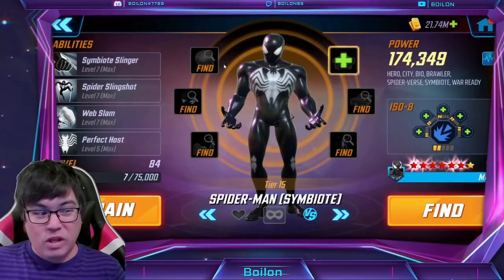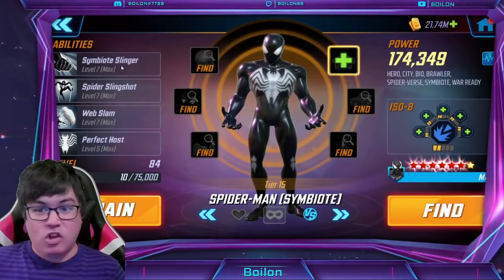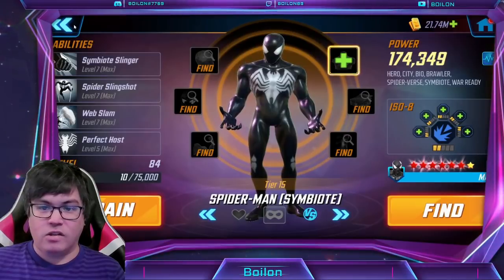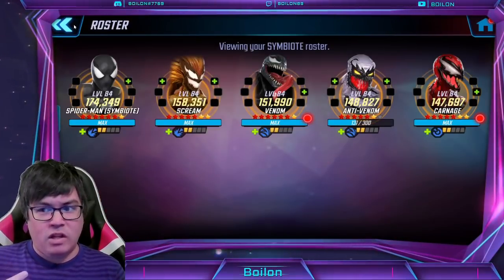And this is also really important for Doom Raid, because oftentimes you can time out. So you really need to maximize your damage. And the basic, of course, gives a defense down for 2 turns to secondary targets. So again, all of these things are really important, because I think we're getting to the point now, and